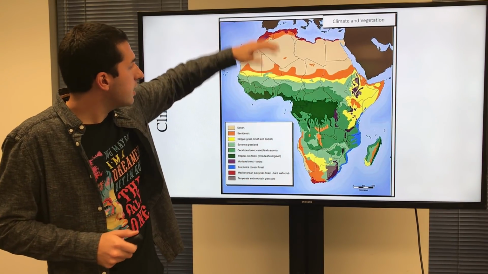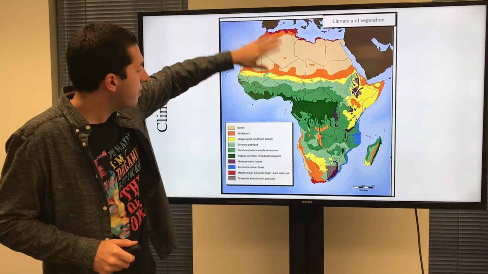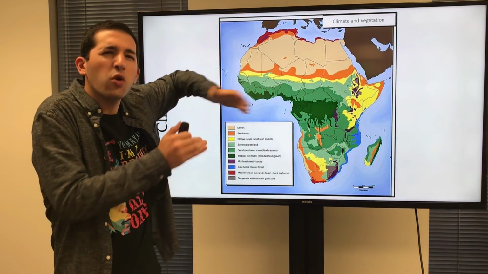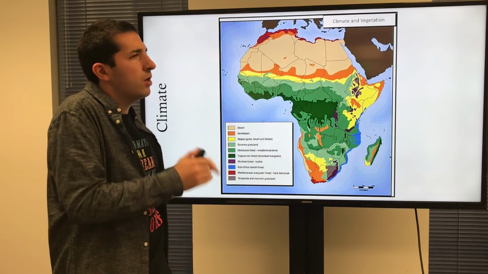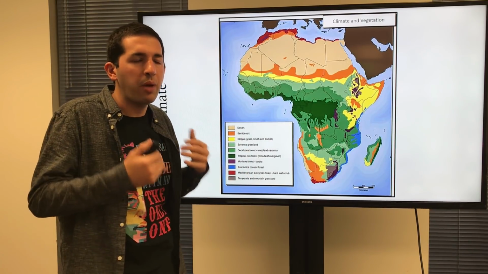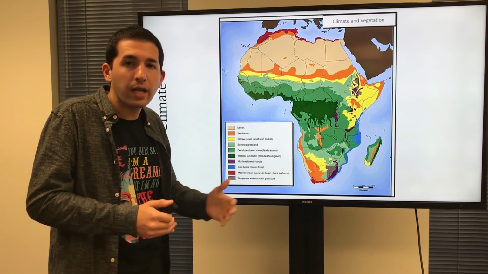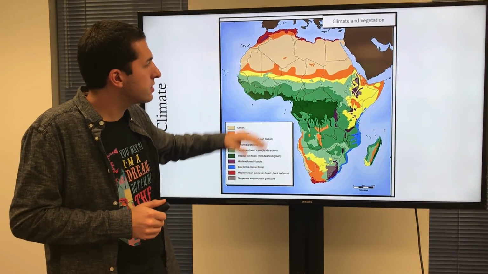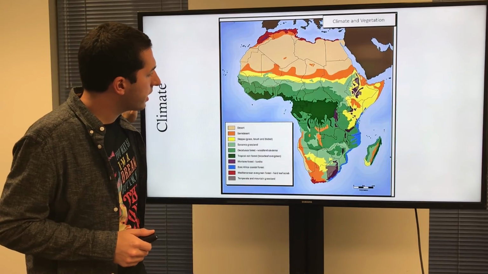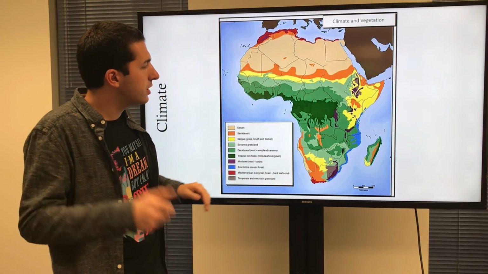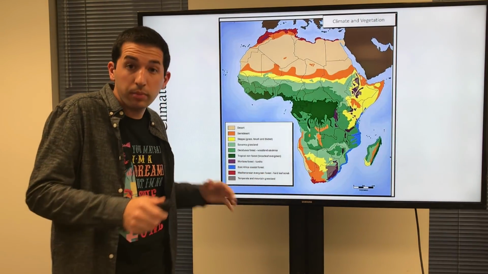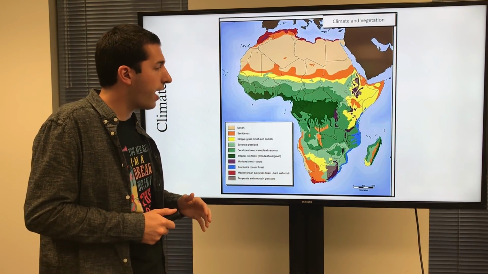But you can see here desert, semi-desert and steppe, and that's that Sahel region. We know that that's not quite desert, but areas that are still relatively inhospitable. We have pastoralists there that are nomadic people raising cattle, not much vegetation in places like this. And we know this because of some climatic forces that are going to be coming up. But you can see a little bit of Mediterranean down here. There's a little bit of a wine country in South Africa.